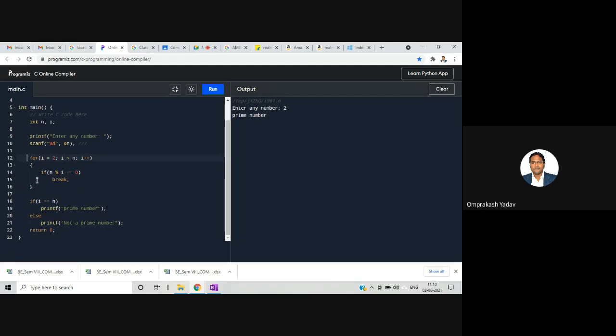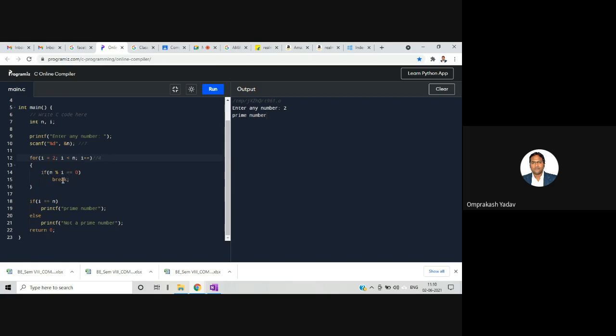If it is divisible by any of the numbers in between, then immediately I'll say break. So I'll break from the loop, because if the number is divisible by any of the numbers, there is no need to check further, right? For example, if the number is 4, then what will happen? I will start from 2. Now 2 is less than n, so it will go over here.